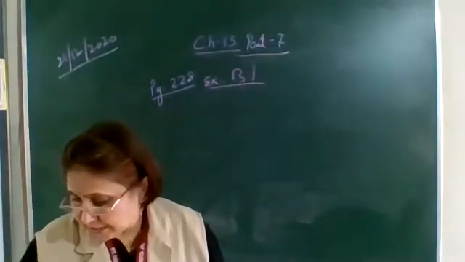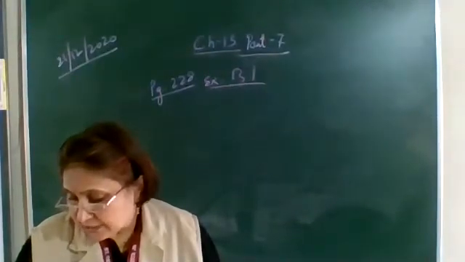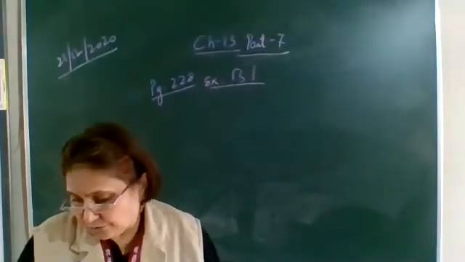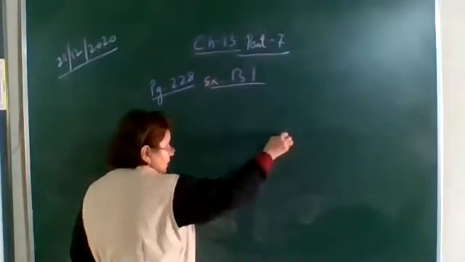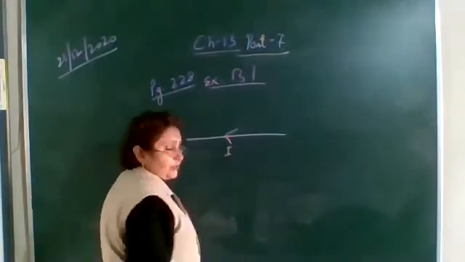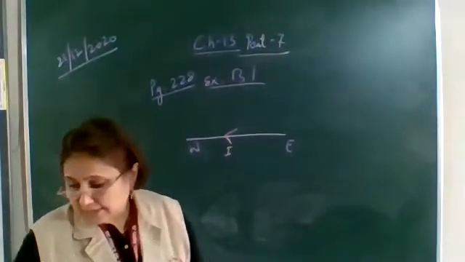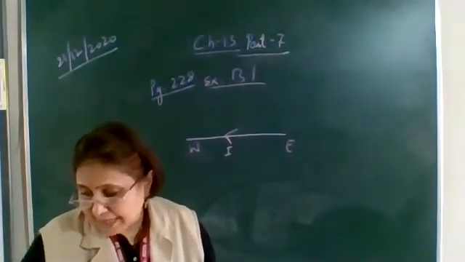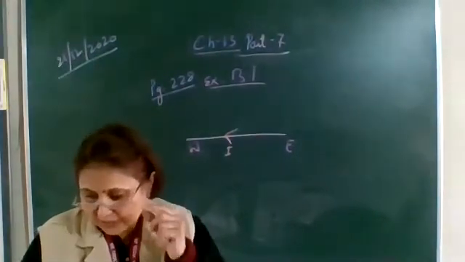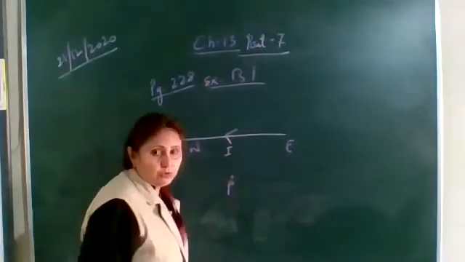In it, it is given that the current is flowing through a horizontal overhead power line, in which the current flows from east to west. Now it is asked what is the direction of the magnetic field at a point directly below it and at a point directly above it. First, let's discuss the point directly below it. Let P be the point directly below.